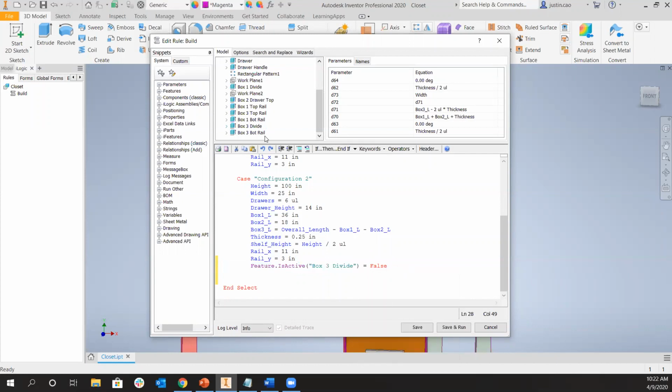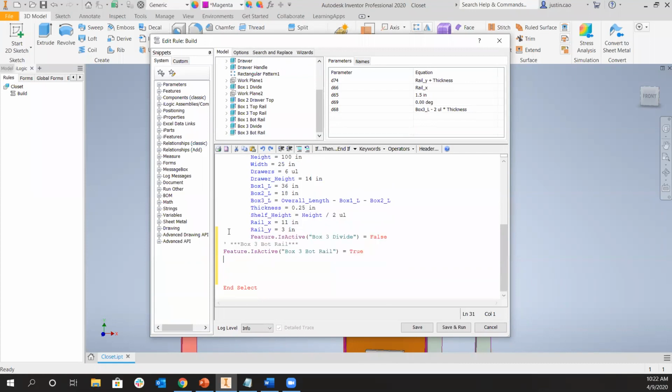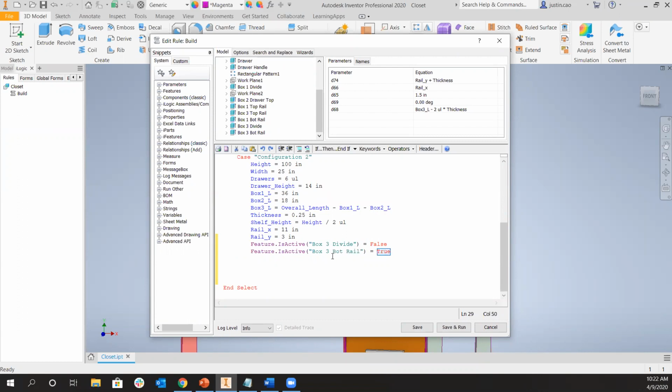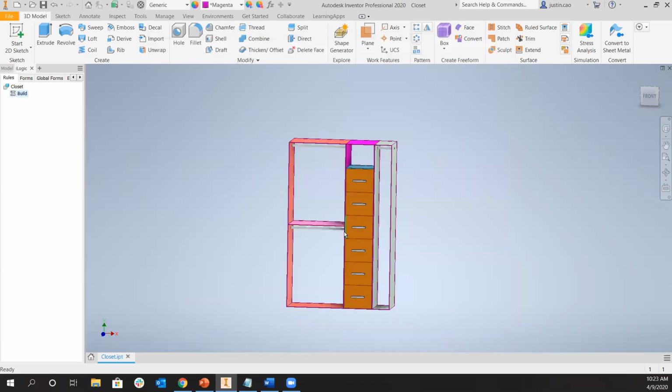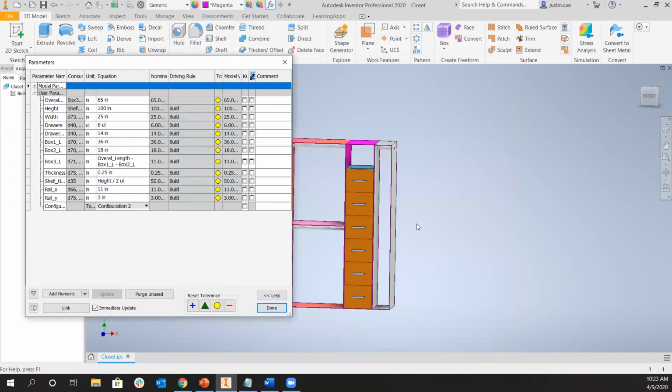So we wanted to do the same thing with the box 3 bottom rail. So if I right click that again, do the same thing, get rid of all these variables associated with it. And we just want to keep this line right here. And we want to make sure that this item is suppressed as well. So we're going to make it false. So save and run. And you're going to see that right now we are in configuration 2, and those 2